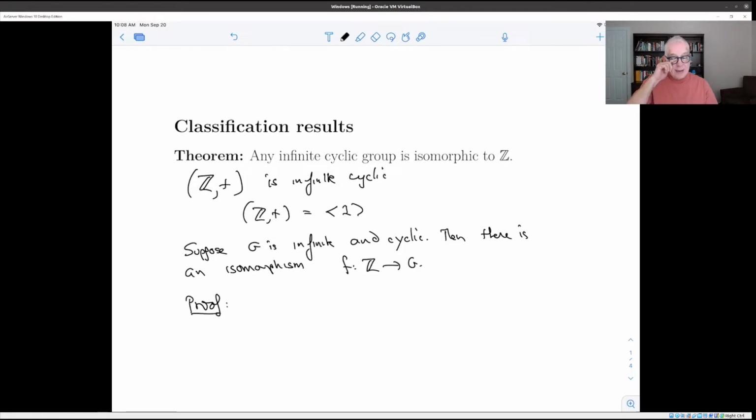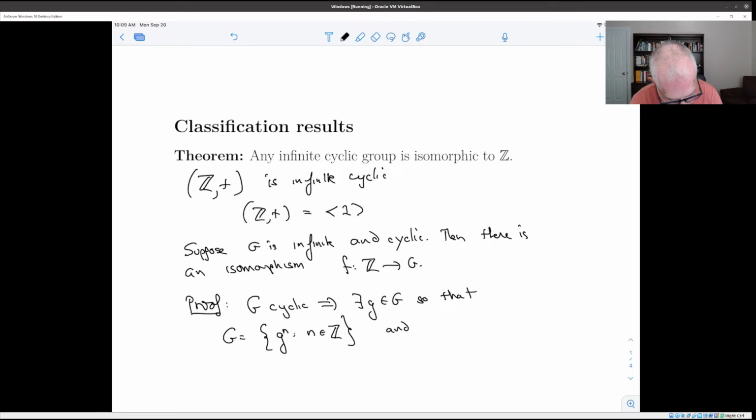And I think the way to think about it is that if G is infinite and cyclic, then it has a generator, little g, let's say. And what does it mean to say that your group is infinite and cyclic? Well, to say that it's cyclic means if you take this g and you take all positive and negative powers of it, then you get the whole group. So in other words, G is cyclic means that there is a generator g in G so that, first of all, G is the collection g to the n for all n in Z,